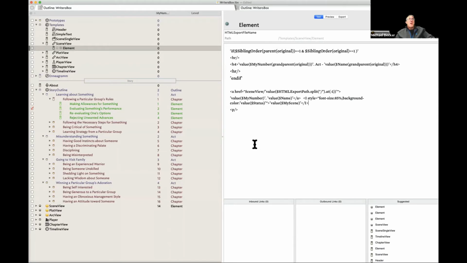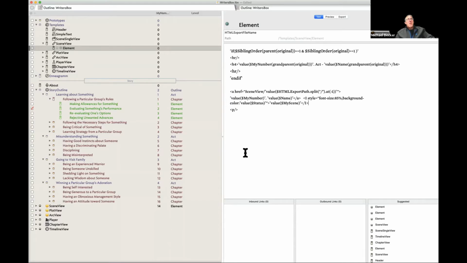So again, those items under story outline, under the learning about, the story outline, excuse me, are all of your notes and is your entire play. And then everything else in this file is basically tools that Tinderbox provides you to conduct analysis and create different views of your notes.